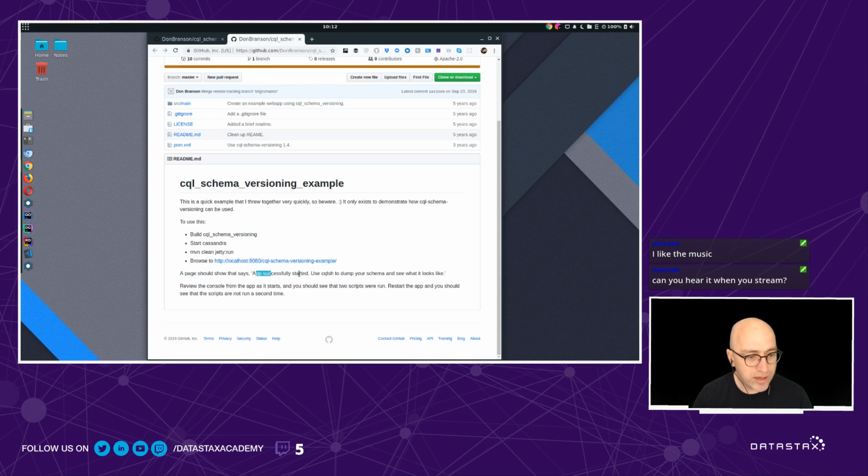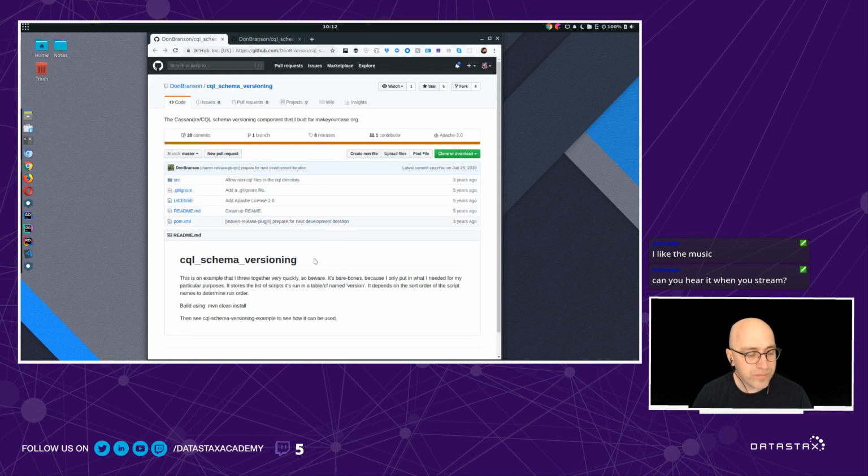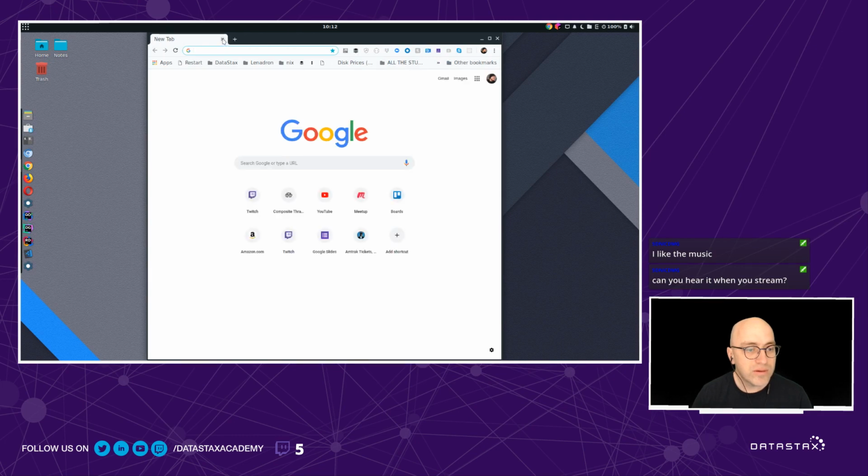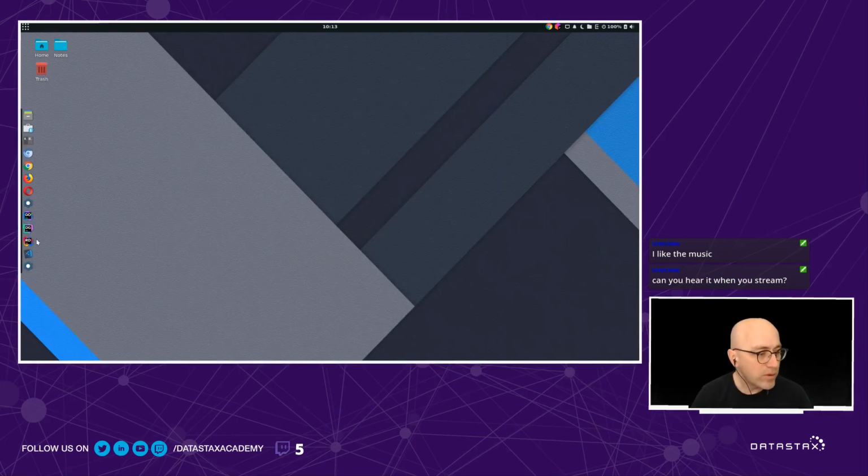Page should say app successfully started. Use CQLSH to dump your schema and see what it looks like. So not particularly a C# option here. Again, like I said, we'll go ahead and start with